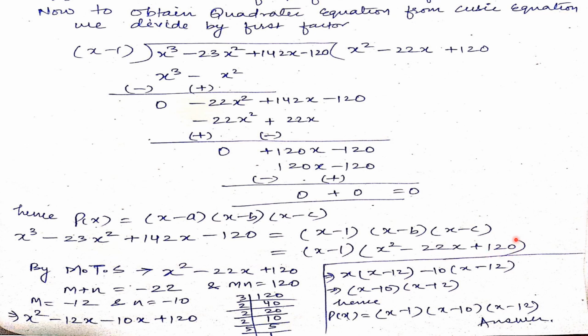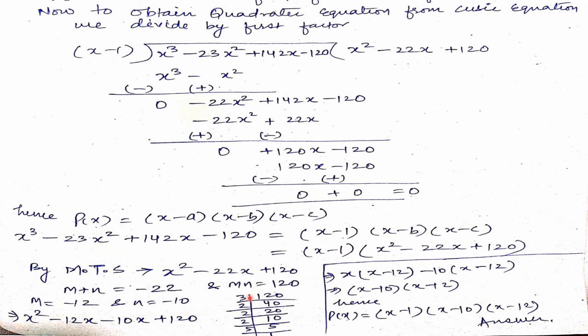And I have told you how to solve a quadratic equation. It is very easy. So this time I am using MTS. I am not wasting my time with that, what you say, factor theorem. Okay. But if you want to use factor theorem, you are welcome to do so. Okay. So you can see simply I wrote this thing. I want m plus n as minus 22 and m into n as 120.